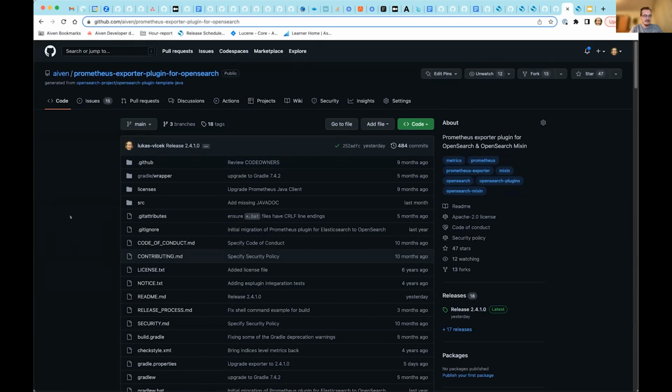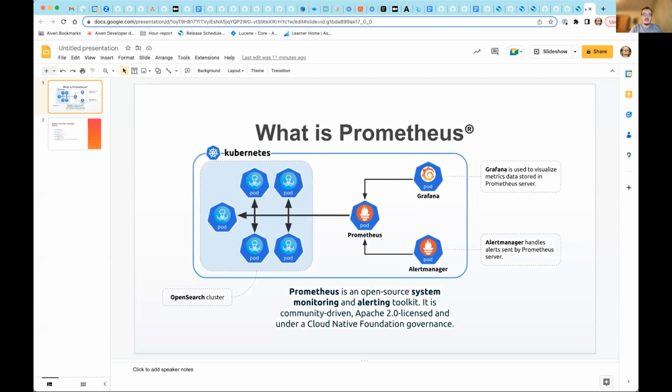So basically what it does is that it exposes metrics of OpenSearch in Prometheus format. It introduces a new REST endpoint, and then you can set up your Prometheus server, point it to this REST endpoint, and it will give you these metrics. I can show you very quickly what that can mean. This is a slide that I prepared for a different presentation, but it gives you a very high-level picture of what's really going on. So if we have an OpenSearch cluster,